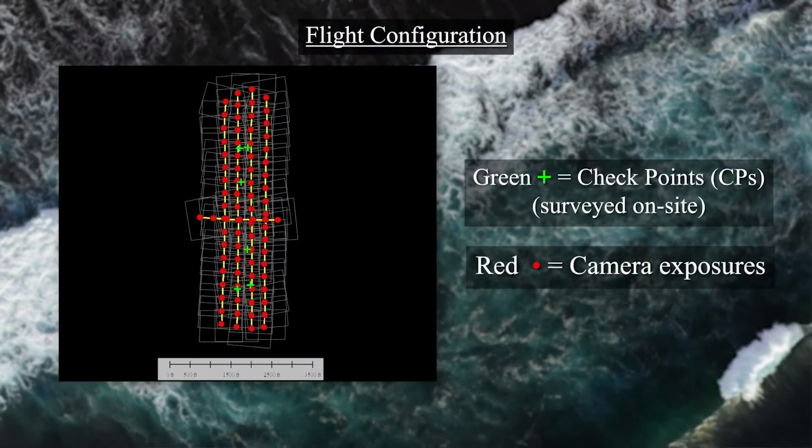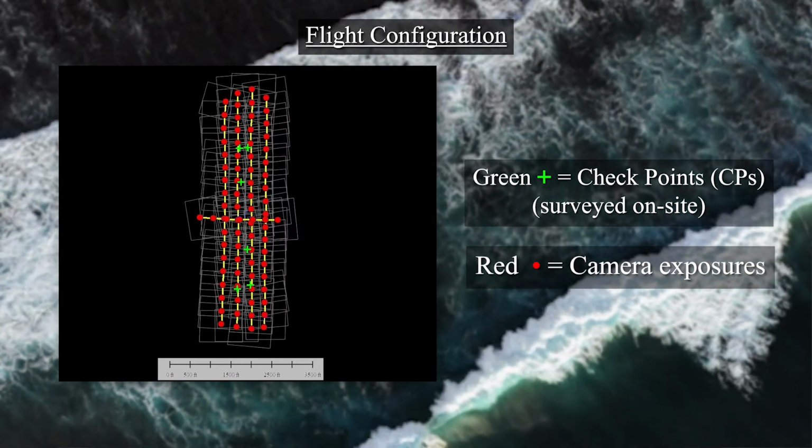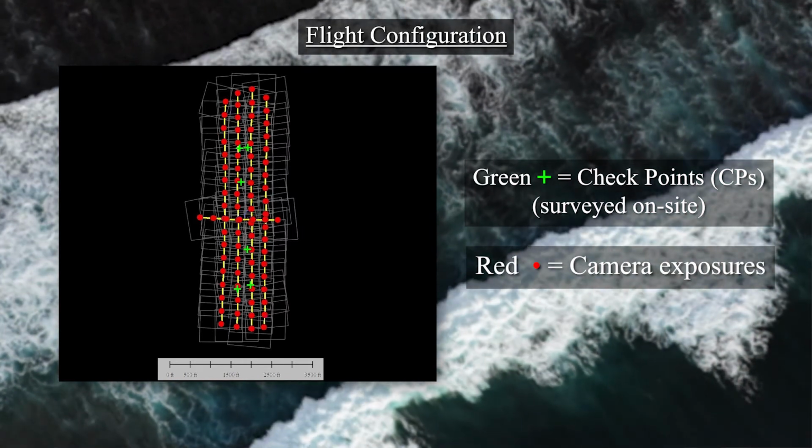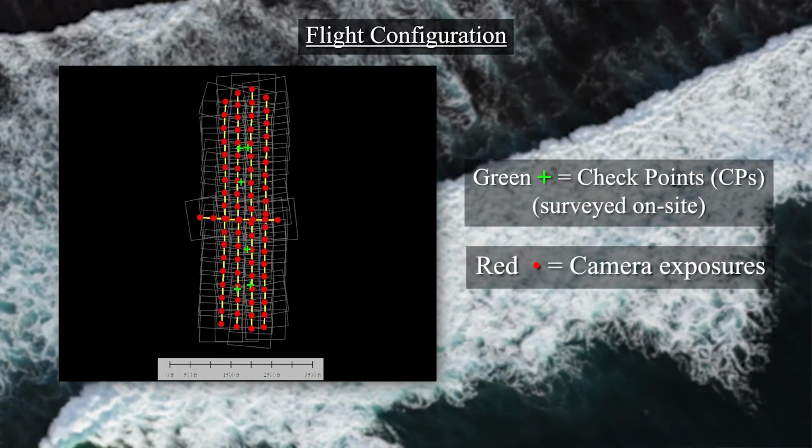Then, I used the data collected by a surveyor who drove to the study site and measured 6 physical locations with a GPS. Now, if you consider these measurements as the true values, then you can determine the accuracy of a processing software by comparing these field coordinates with the coordinates measured on the images previously collected.